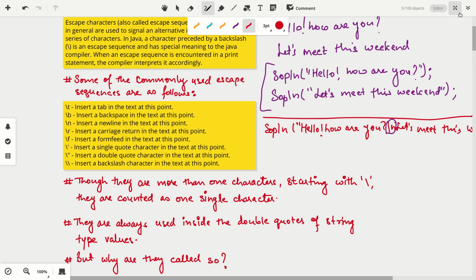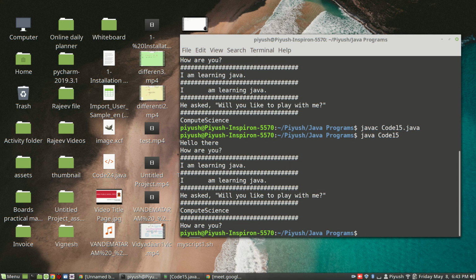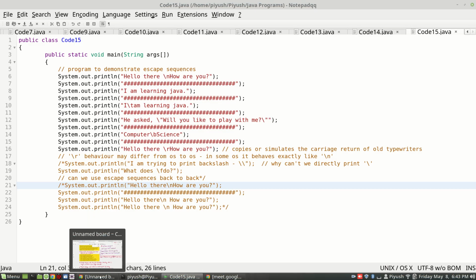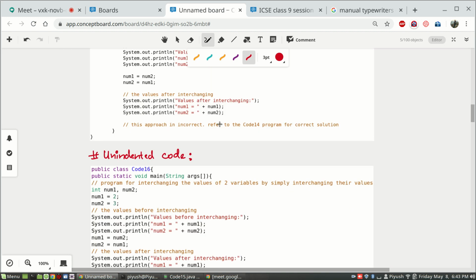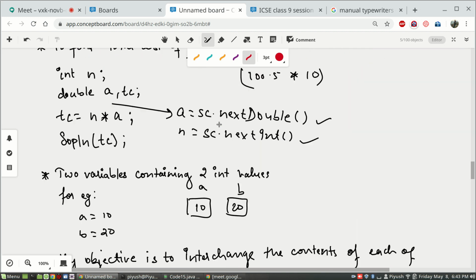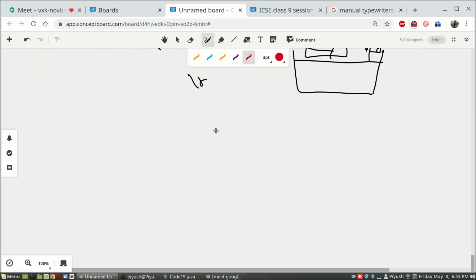Yes, one more thing is, what if, now we have seen that the moment we start \, computer understands we are going to write some matching escape sequence. But what if you want to print \ itself? Because if you write